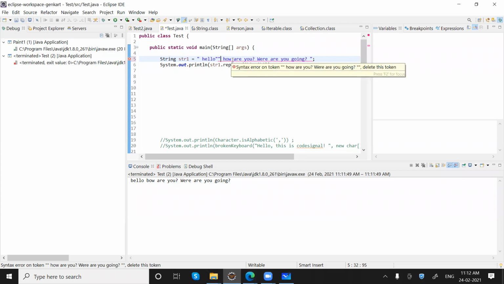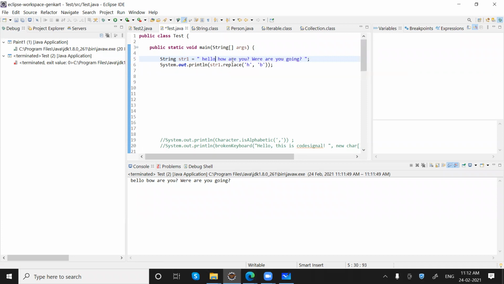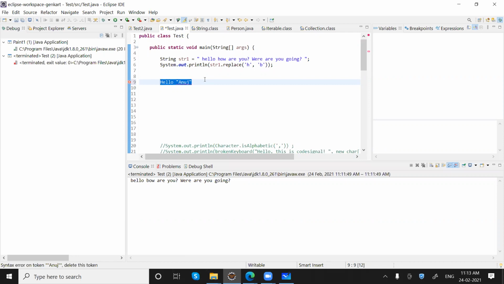Let me tell you how you can write it. If you want your string to store quotes, for example if I want to print hello "Anuj" with the quotes in the output, we can write it like this: backward slash, then quotes, Anuj, then again backward slash and then quotes.